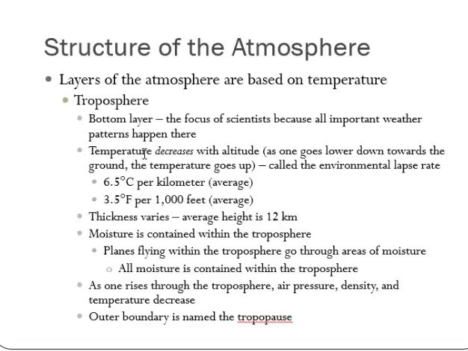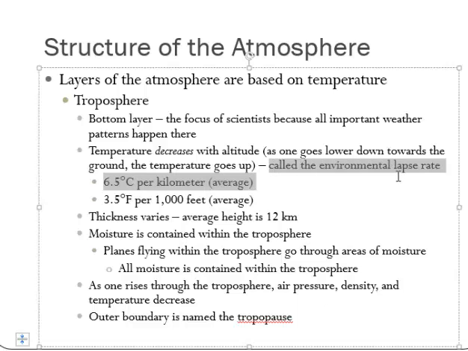Temperature decreases with altitude as one goes higher. Just like in mountains, the temperature tends to go lower. If you're in an area with mountains, like Las Vegas, for example, it's warm, but then as you climb the mountains that are close to the city, it gets colder and colder. Okay, the temperature tends to decrease with altitude, called the environmental lapse rate,